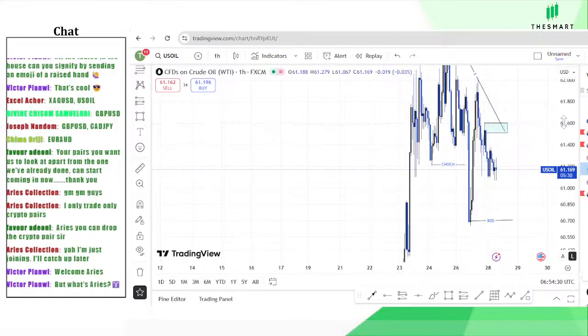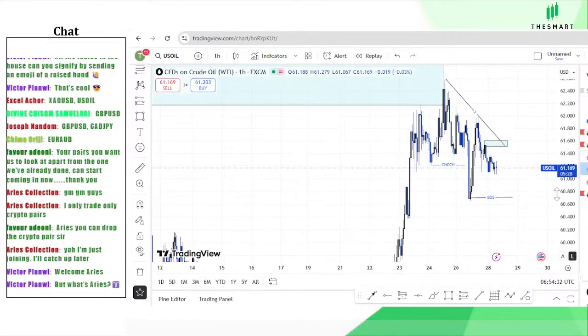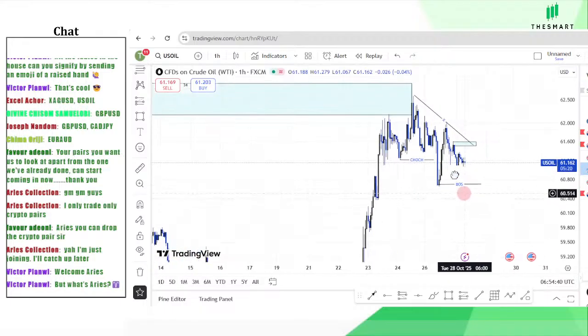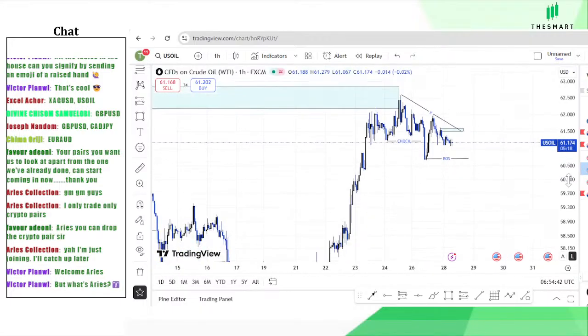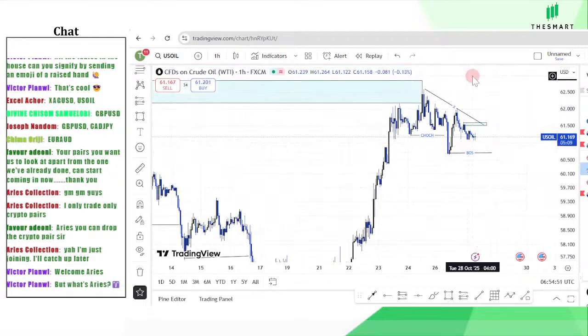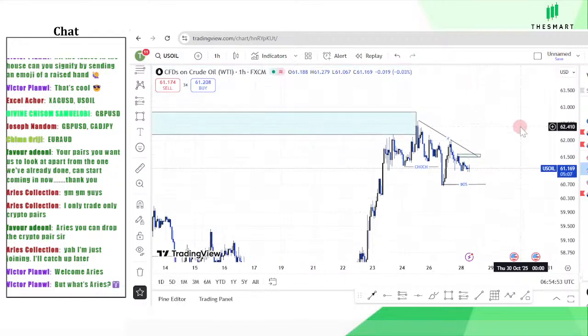That will be safer. And you can see there is an indecision candle. The candle is not actually moving straight to the downside. So I actually want to see this price take out this low. Then we'll get to look for reasons to take this sell to the downside. That's if I want to continue. But if it breaks above, then I'll look for a possible buy. So that's what we have on